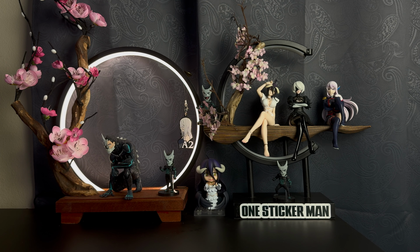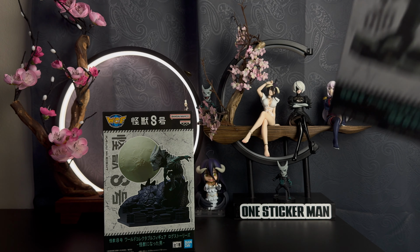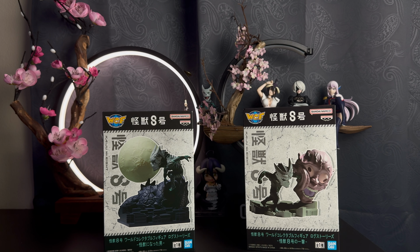So yeah, I have some World Collectible Figures. These are called Log Stories. What I'm assuming these are is moments of the anime, a kind of story thing, and they make these little figures that you just display, which is what you're seeing now. There's this one, where it looks like he's on top of maybe another kaiju, and then there's the moon, and then there's this one where he's just punching the hell out of